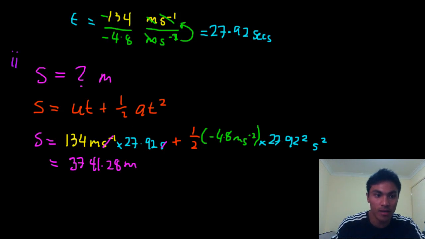So that'll be minus, and I'll put this part as green, minus negative 2.4 meters per second squared, multiplied by 27.92 squared seconds squared. So these two terms cancel out, and you're left with just meters, right? So it actually ends up minus